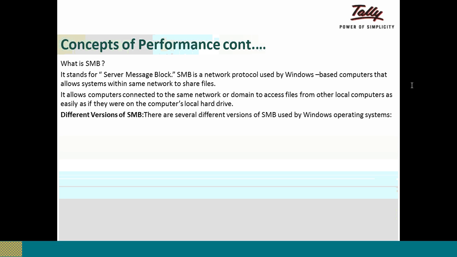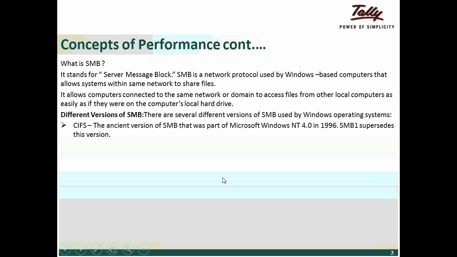There are several different versions of SMB used by the Windows operating system. Like, for example, CIFS. This is the ancient version of SMB that was part of Microsoft Windows NT, which is NT 4.0, which was there in 1996. This was the first SMB for Windows, which was superseded by